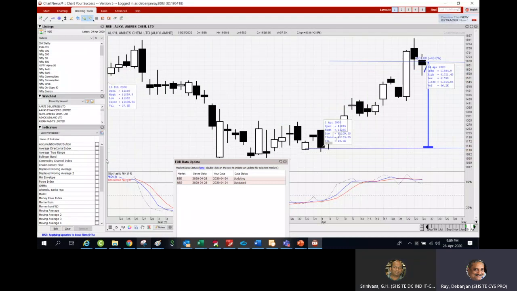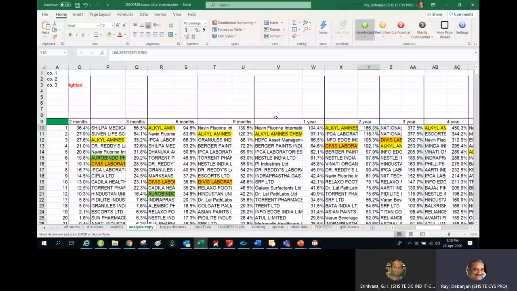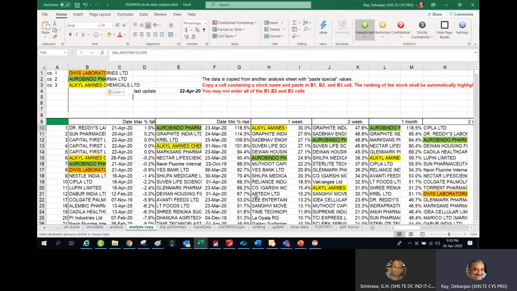Now, in a normal scenario, what you will do, you have to open one by one all the stocks, and then you have to do a comparison, which one is growing more. In fact, in the chart nexus also you can do it, because there is a comparison. But currently we'll keep it out of the discussion, and we'll go back to the Excel sheet, because in the Excel sheet I will quickly understand that this is a good stock now to pick up. Now, this is the way.